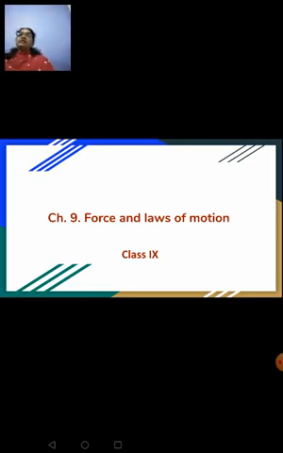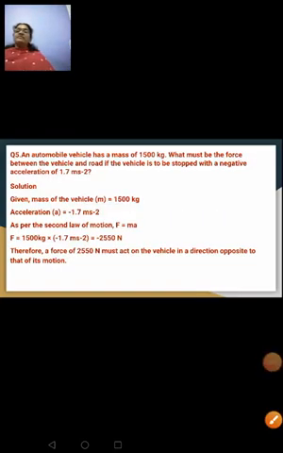Depending on the data given, you have to choose the formula that you have to apply there, and I taught you also how to select the formula for the particular sum. So today we'll continue with the remaining sums. Okay, so we'll start with the fifth sum now. In the last class I've done 4 sums, right? So today we'll start with the fifth sum. These sums are given in your textbook, at the end of the lesson.